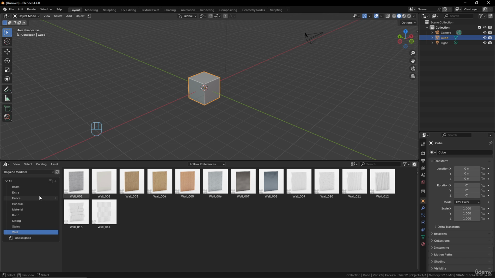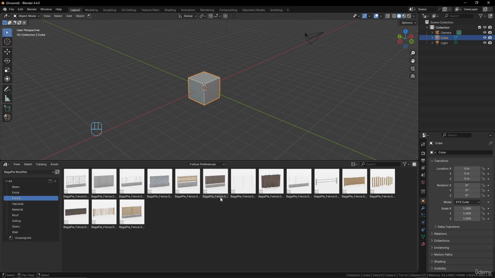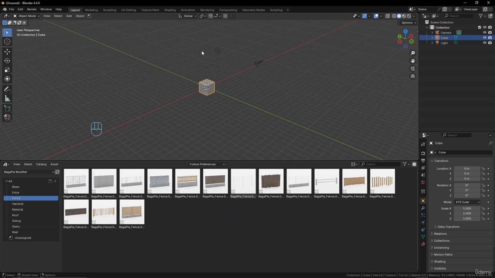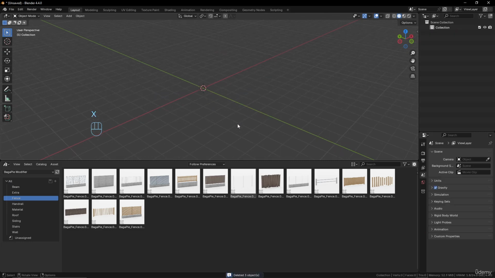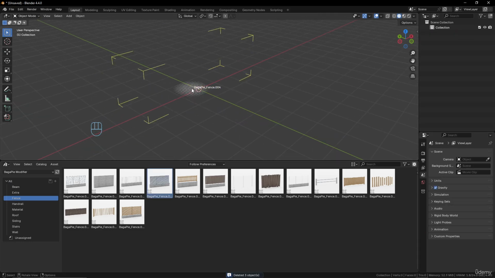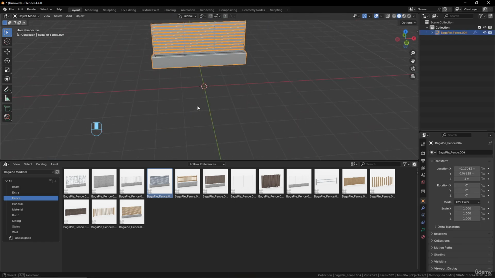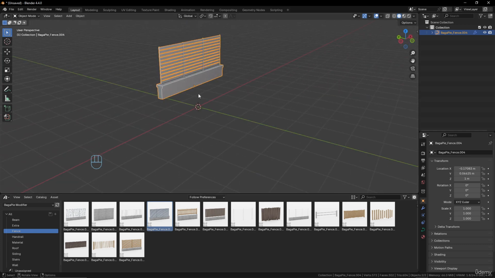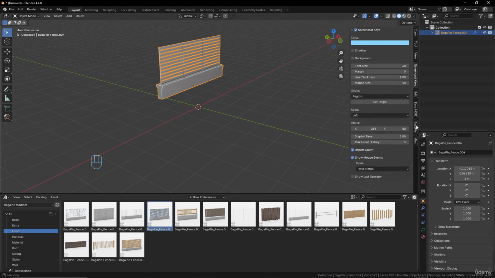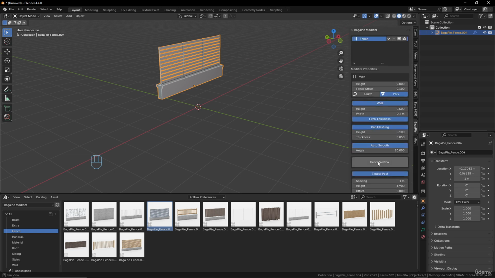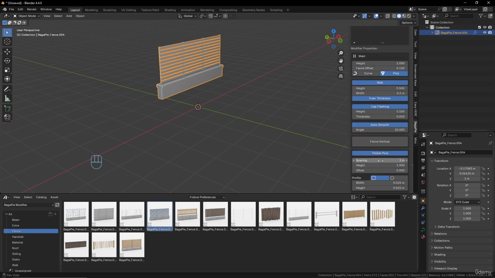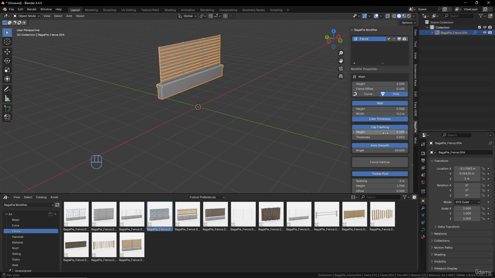How it works is basically very easy. For example, let's take a fence, maybe that one, and you can just remove everything, and just click and drag your fence, and that's what you will have. Very easy. Now these objects are parametric. So what does it mean? It means that if you go into the options of Bagapie, you can see that you have a lot of options directly, and it's really easy to use, with height, width, thickness and everything. For example, in the main section you can play with the height,